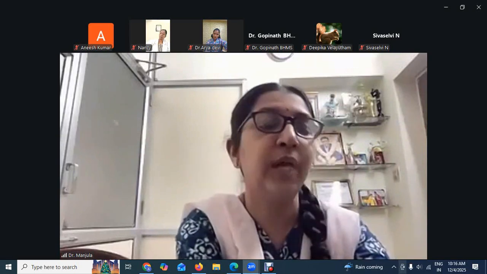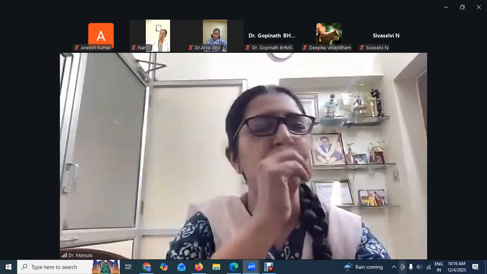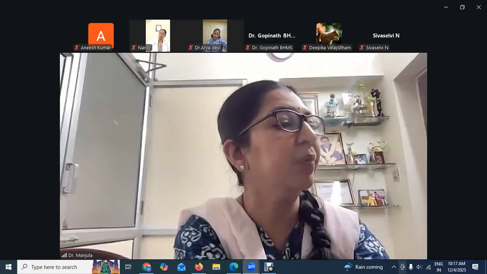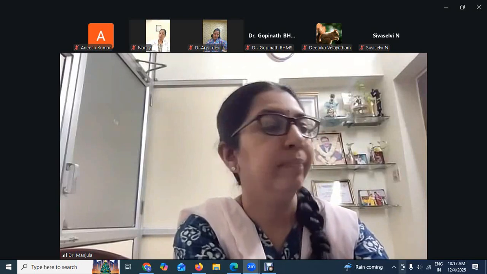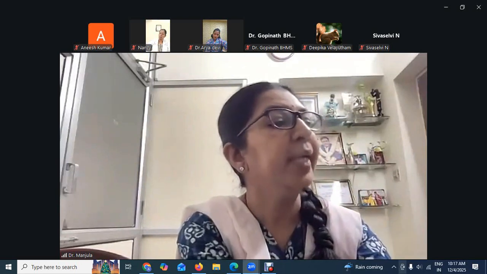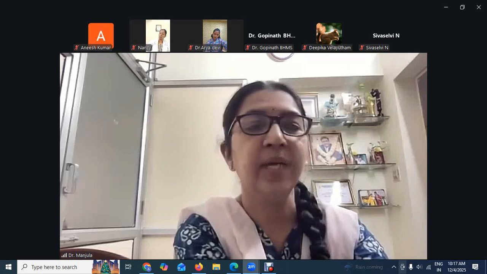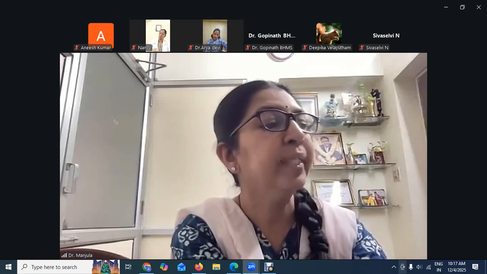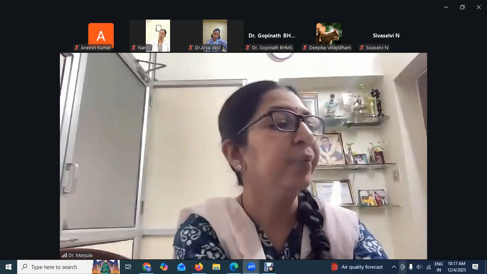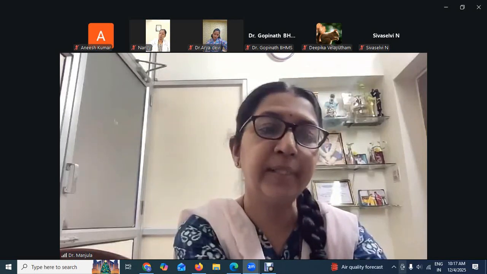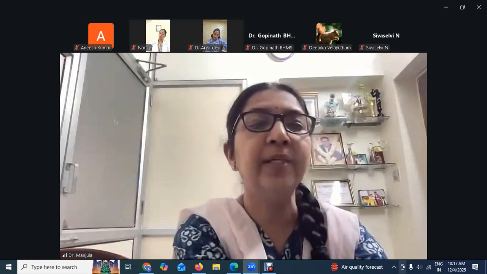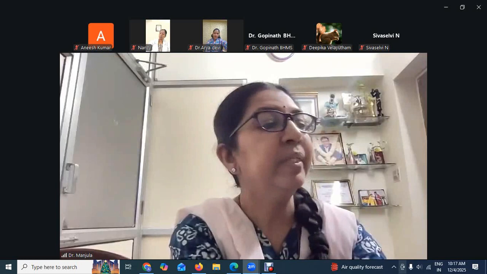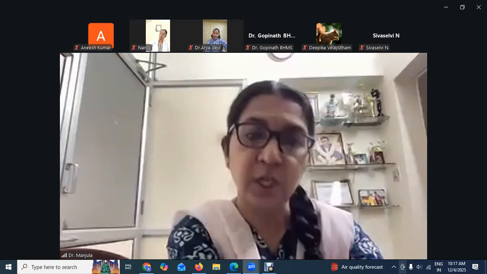Whereas if it is a thuja, it will be there for one day and that also not much irritation. The next day, what happens? It changes its gear into the psychotic miasm. The nose will be either blocked, that is snuffles, or there will be excessive discharge from the nose. And the discharge will not be acrid and all, it can be bland. The discharge will be more of yellow or greenish yellow color rather than transparent. If it is transparent, it is psora. If it is yellow, it is psychosis. If it is greenish yellow or light green, it is psychosis.